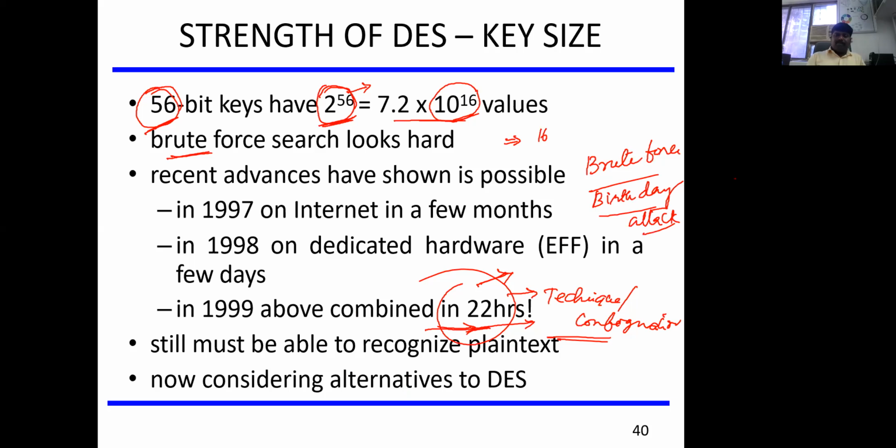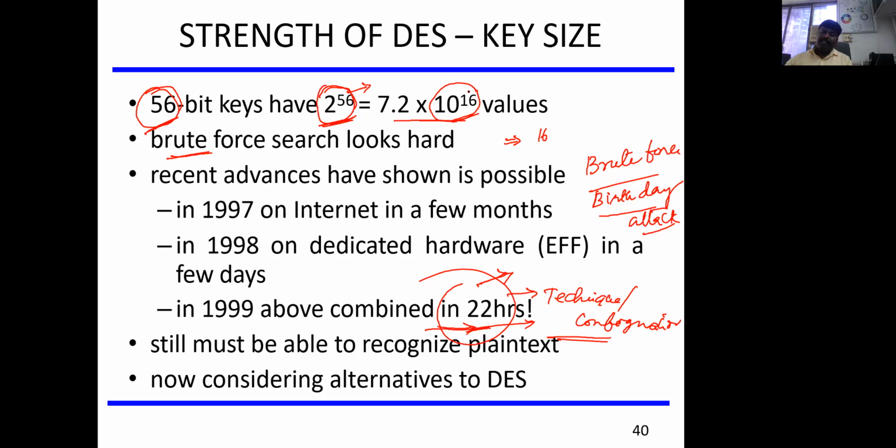When we talk about the brute force attack, you said it well. The attacker may have some information about what data is going to be transmitted or what type of key might be used.